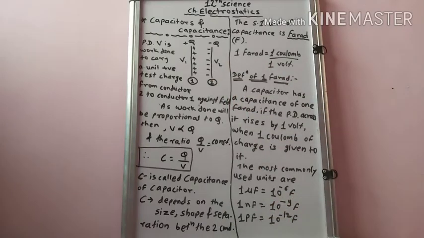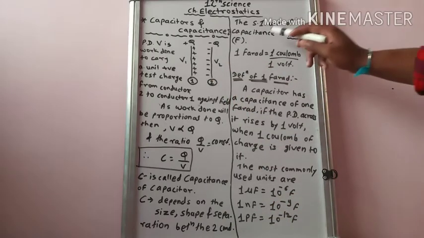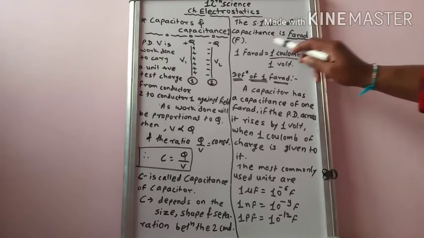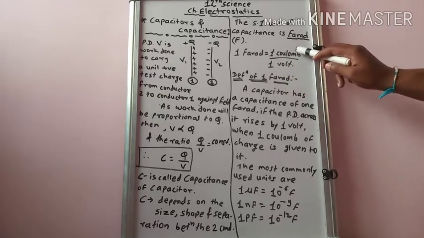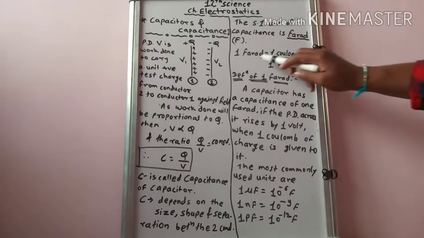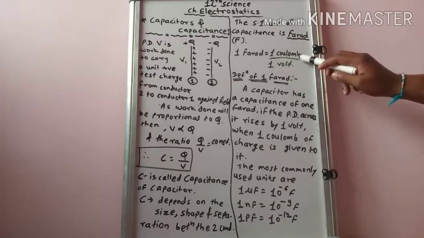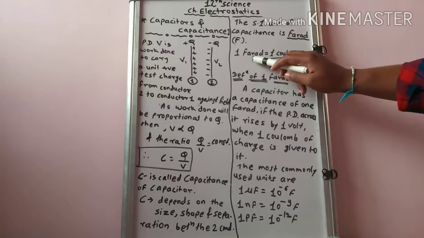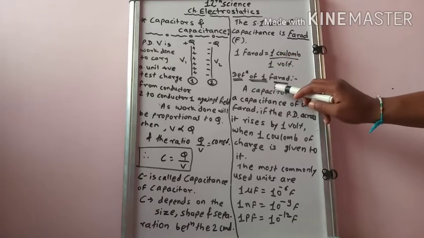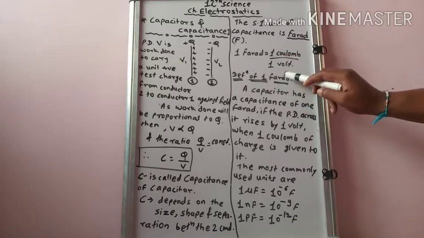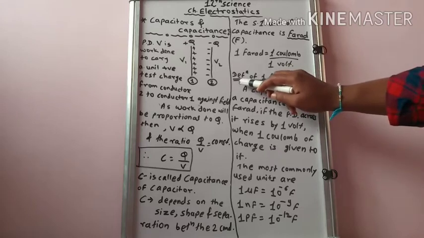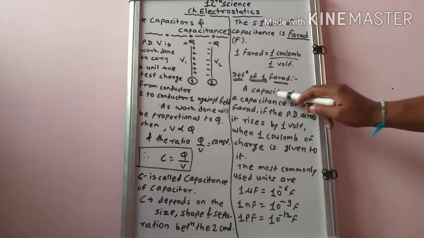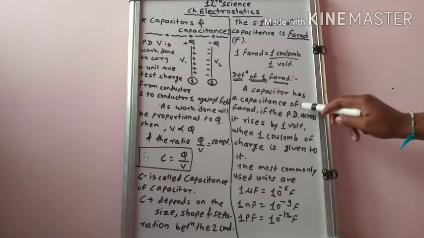The SI unit of capacitance is farad. 1 farad is equal to 1 coulomb per 1 volt. Therefore, from this formula of 1 farad, we define the concept of 1 farad. The next definition of 1 farad is: a capacitor has a capacitance of 1 farad